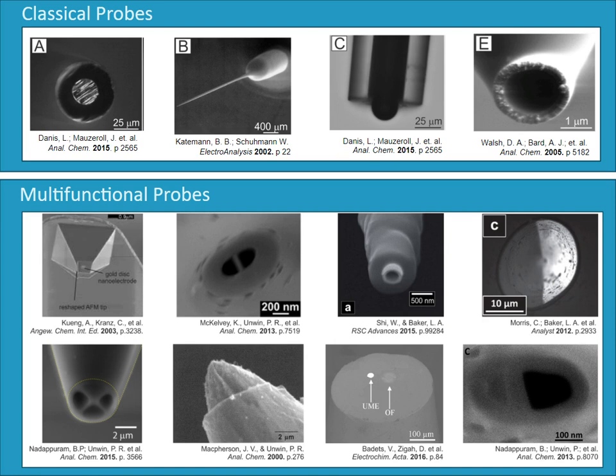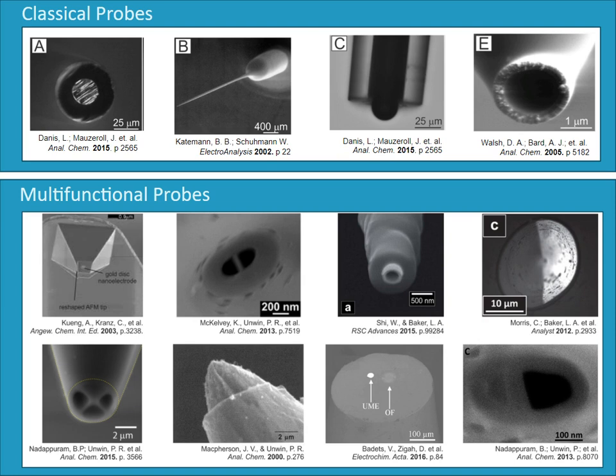You can have nanometer sized electrodes, which are obtained using a laser pulling procedure. You can have hemispherical electrodes. In this case, it was the mercury deposited hemisphere in panel C. And you can also have ring electrodes that are built around classical electrophysiology type